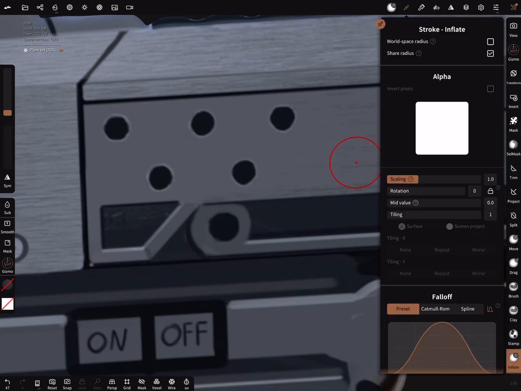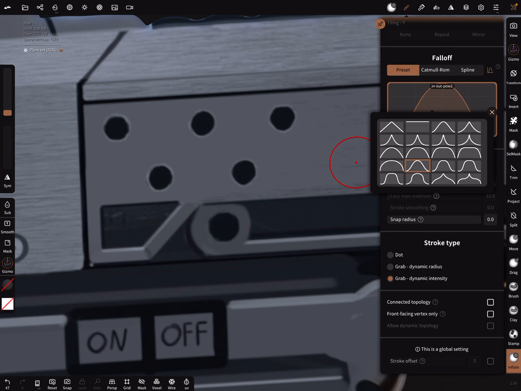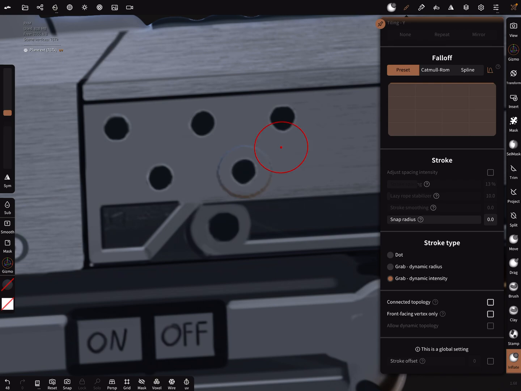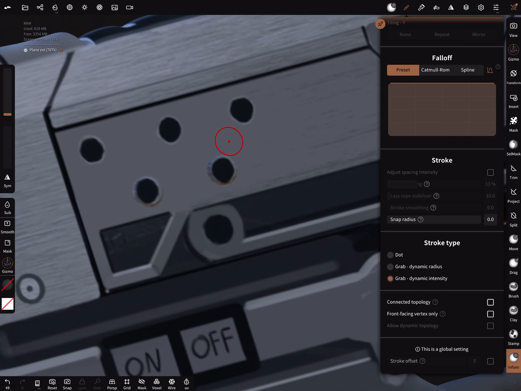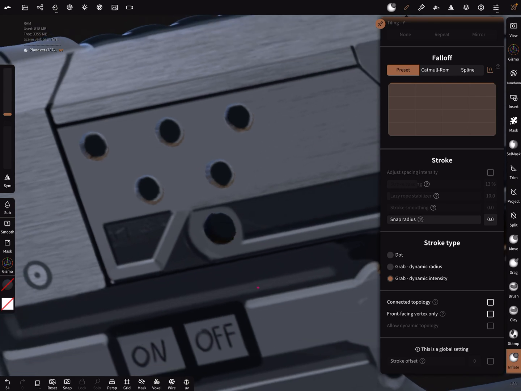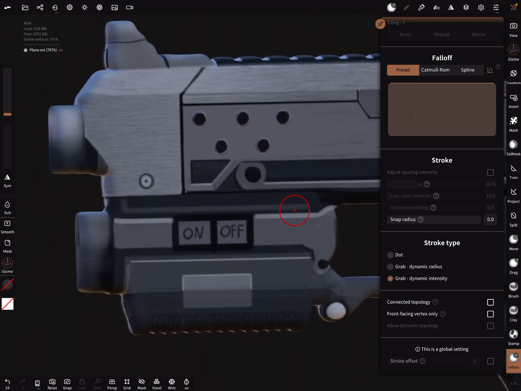Here the inflate tool. You can use grab dynamic intensity and, for example, use such a flat fall off. And when you brush here, you need the correct, you see, you can do such things. And adjust the mesh here. Then you can create such knobs, and with a